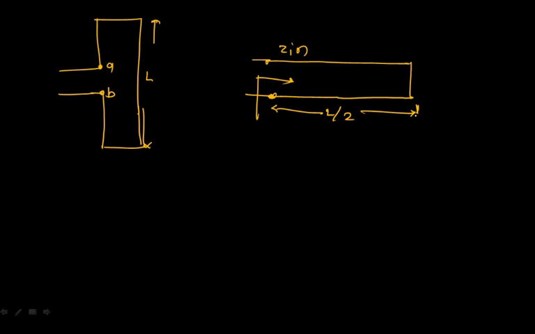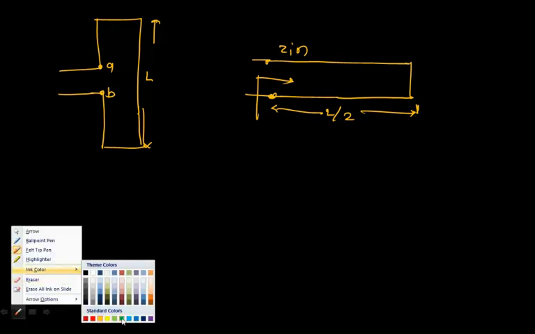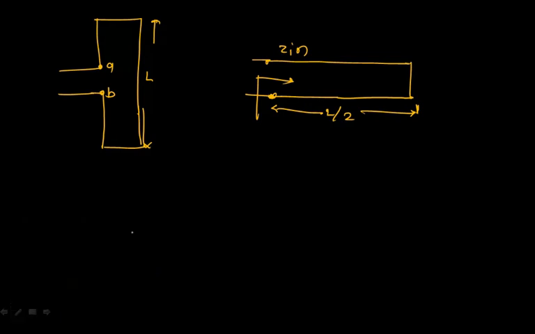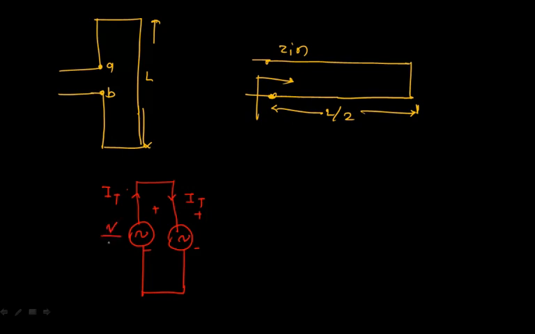Now suppose a voltage V is applied in the transmission line mode. I'm just taking the example where I'm applying the voltage as V. So if this is my transmission line mode, I have applied some voltage over here. That will get divided into the two elements. The current will be IT, the directions will be opposite and equal, and the voltage induced in each will be V by 2 and V by 2. This is the case when you are using it as a transmission line.